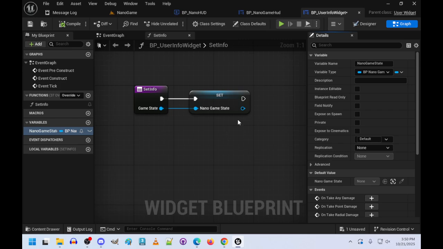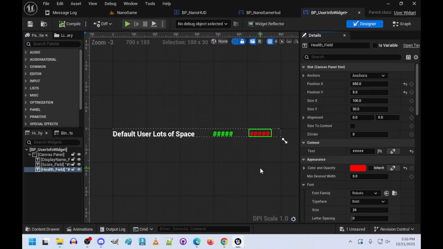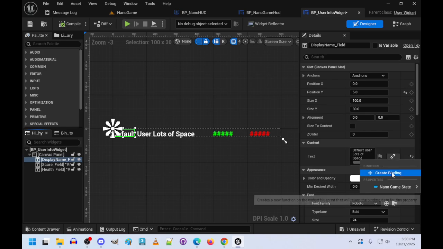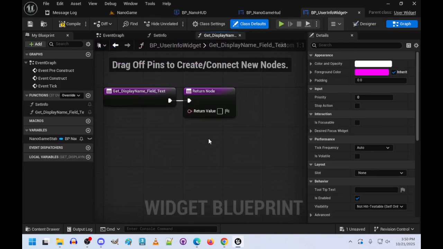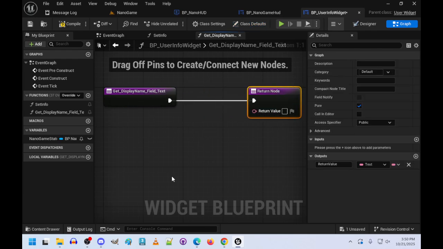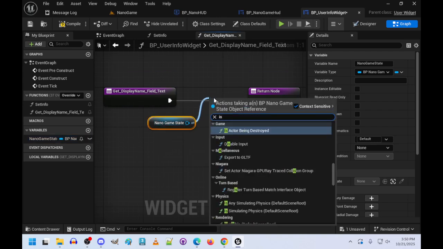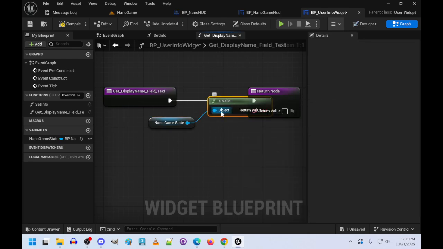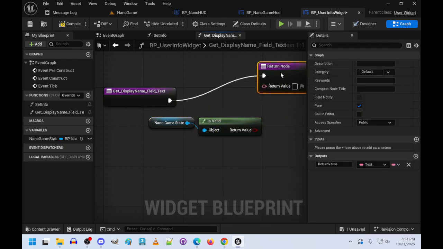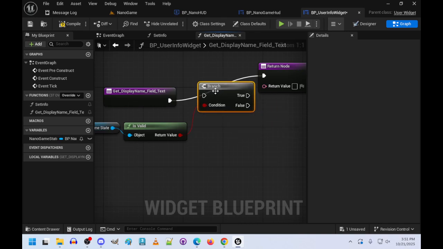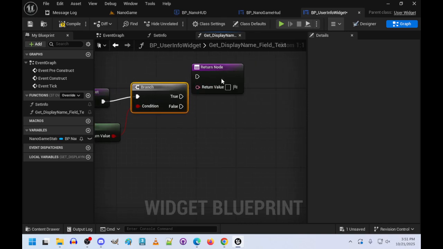File. All right, so let's go back to the designer. So we'll set the game state related to it here. Let's start with the display name. First thing is we're going to create a binding. So get the field text. First thing is, if is valid. If it's not valid,